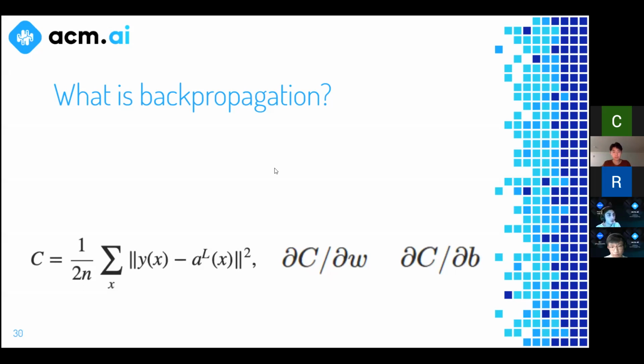So our ultimate goal in backpropagation is to find these two values for every instance in the entire network, because we have a bunch of weights, all of those arrows, so many arrows, and we have a bunch of biases. One bias basically for every neuron in the hidden layer and the output layer. So we have a lot of weights and a lot of biases. And for each of them, we want to compute the partial derivative of our cost function with respect to these values, okay? Because our cost function is a function of these weights and biases.